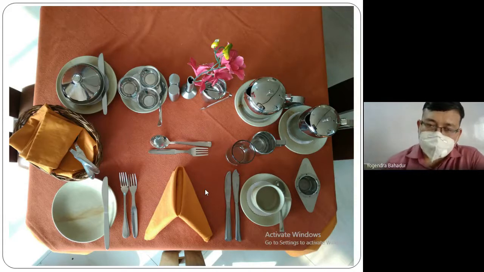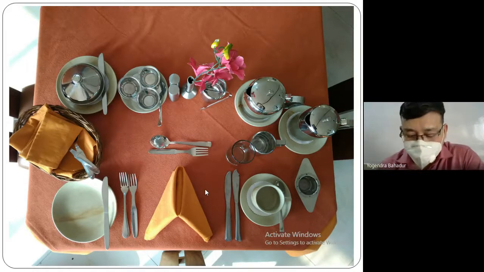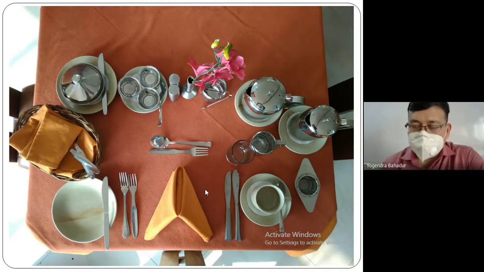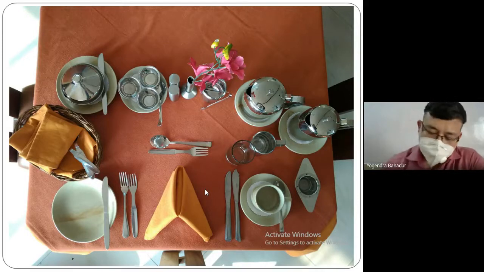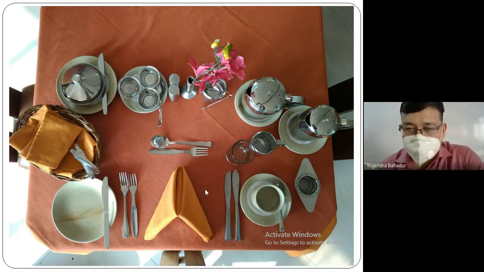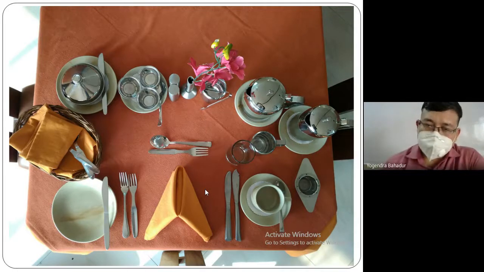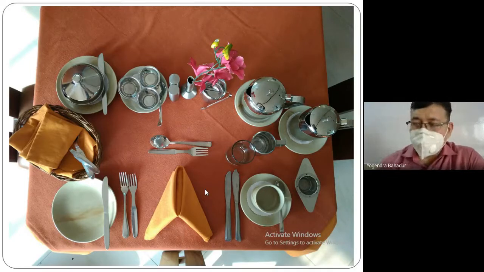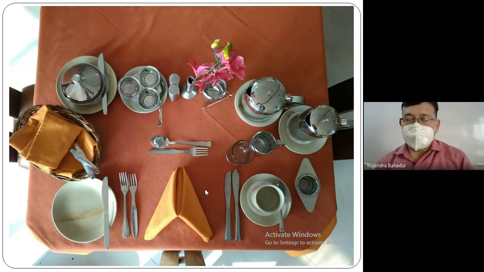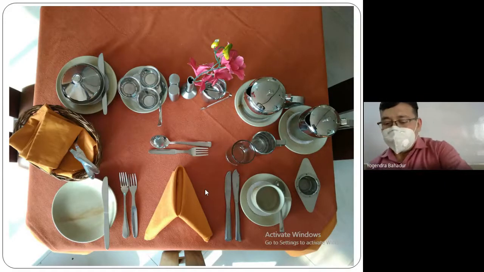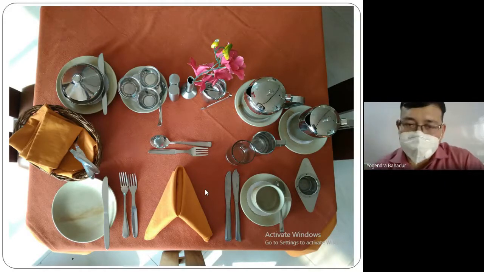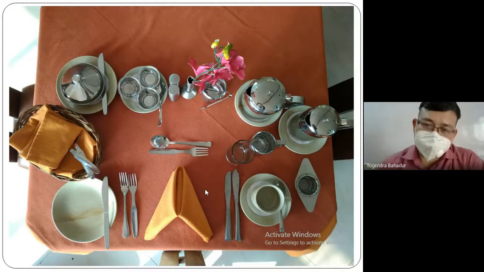we will start with serving a glass of chilled water. Then juices will be there. Different types of cut fruits will be there. Different types of breakfast cereals will be there. Different types of egg preparations will be there. And different types of breakfast rolls will be there, along with the beverage. There is one more thing which is included and which most of the Americans like a lot. That is different types of pancakes and waffles.